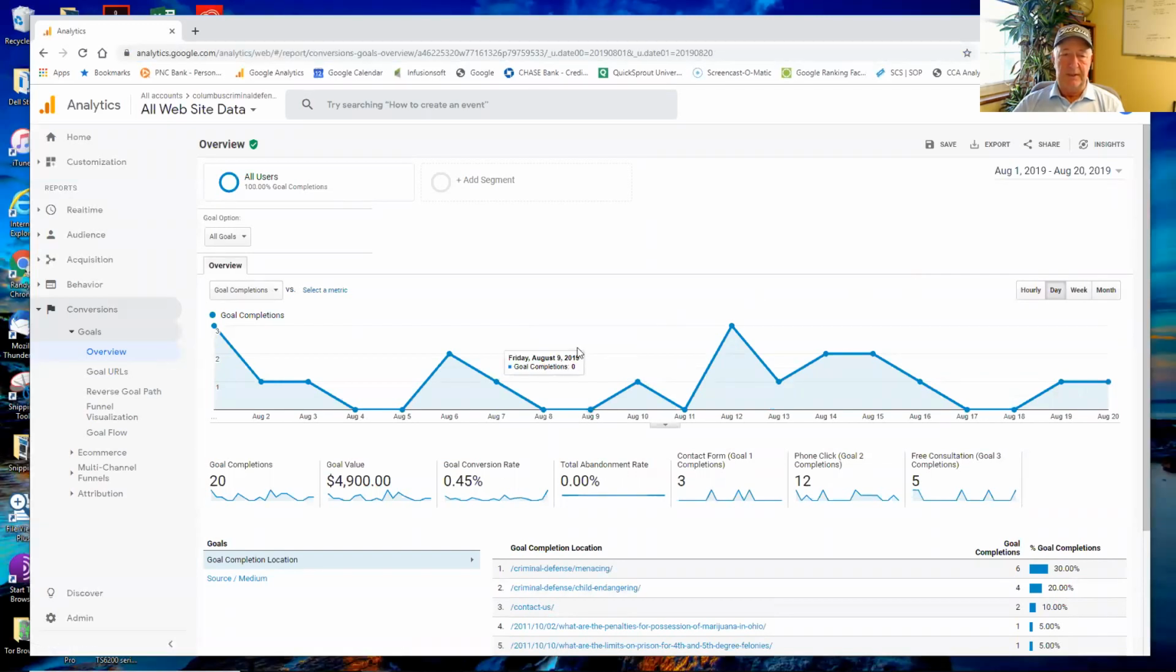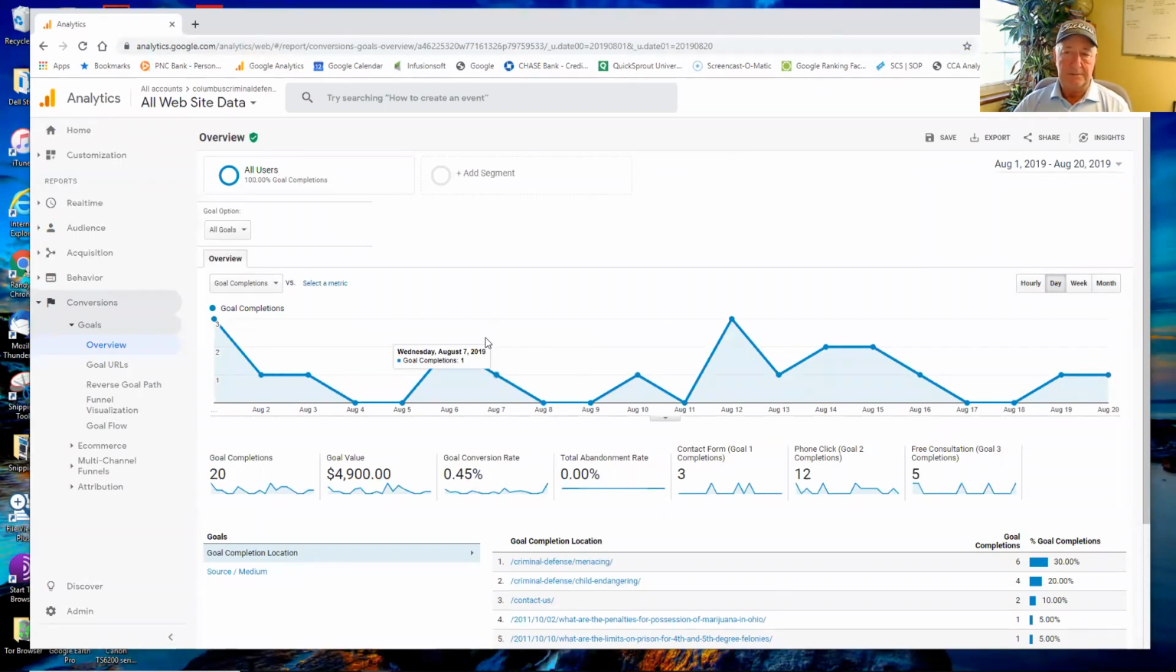So for example, I just wanted to pull up one here. This particular company in August this year has 20 goals completed for a value of $4,900. Their goal conversion rate is 0.45%, which is not that great, but it's better than they were doing. So once you know this, then you can start figuring out ways to make it better. But I don't want to get into this too much now, except that I want to show you that here is a way to